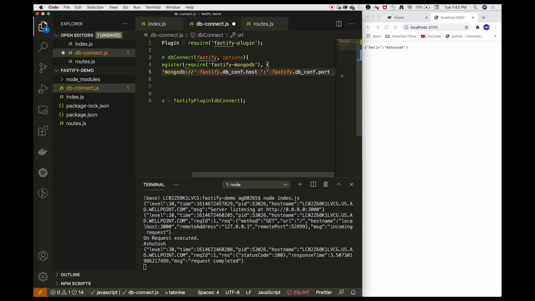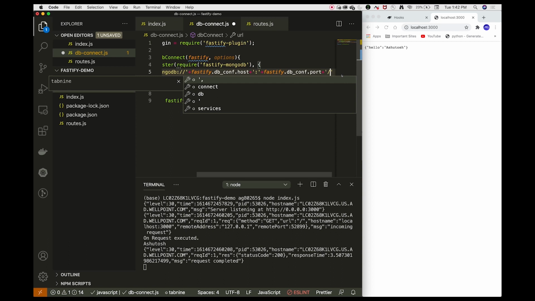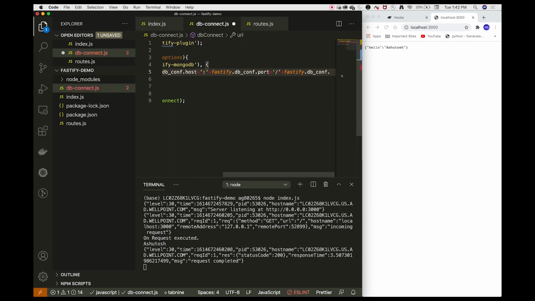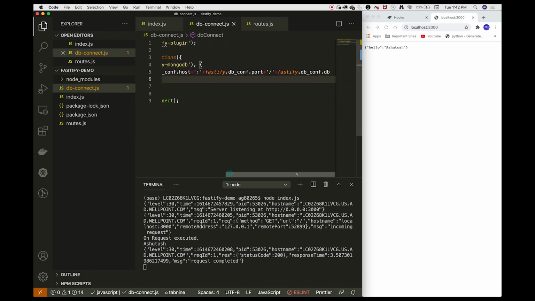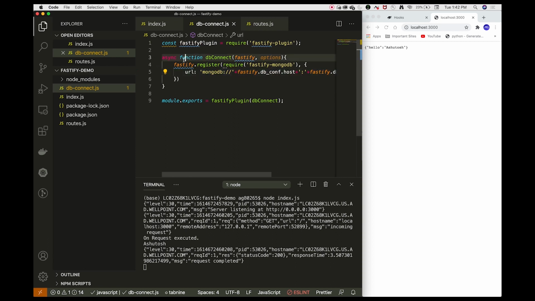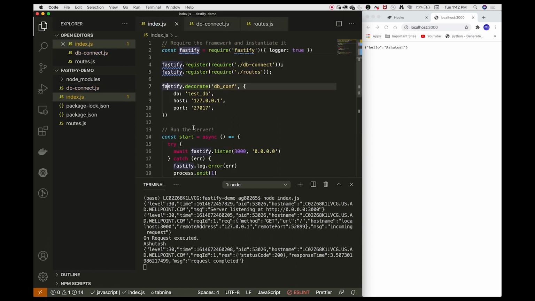Then we'll similarly define port, and after the slash we'll also define our DB. So with this we are no longer hardcoding our database information. Instead we have created a decorator and we are taking information from this decorator.